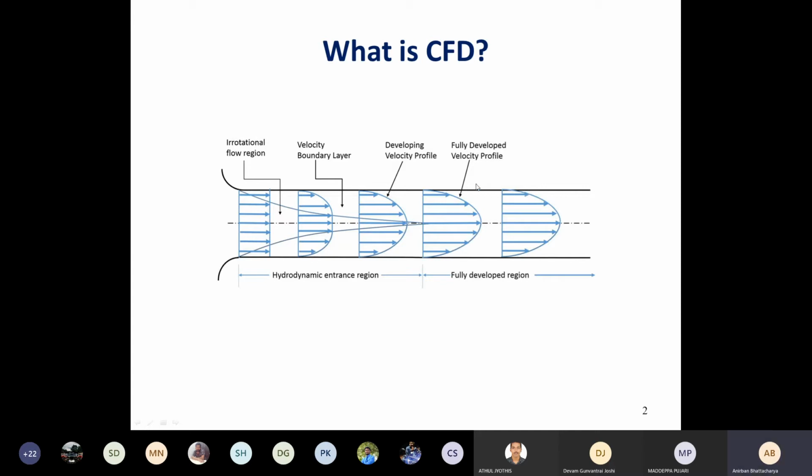So for example, in this 3D equation, we will find that there is no variation in the z direction, in the flow direction, in the fully developed region. So all these terms can vanish. Similarly, we will find that there may not be any variation in the theta direction, in the angular direction. So those terms also may vanish. So what we will be left with is only variation along the radial direction. Once we simplify these equations, it is possible to solve.